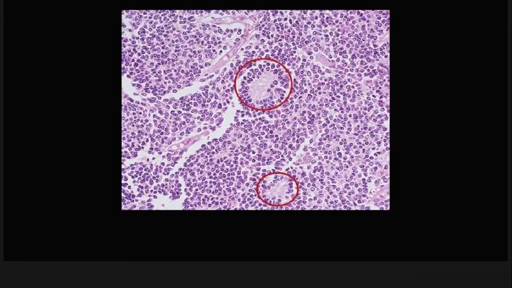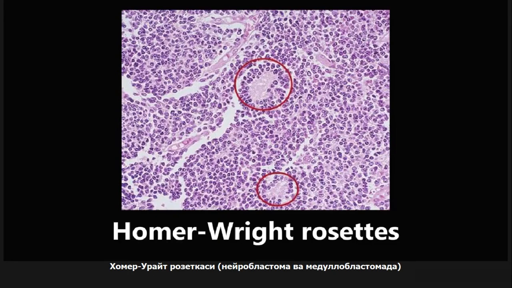This picture is a bit more difficult, but still high yield. It's an example of Homer Wright rosettes. These are circular groupings of dark tumor cells, as we see right here and right here, and it surrounds pale neurofibrils. This is seen in two primary conditions, neuroblastoma and medulloblastoma. So if you see an image like this, those are the two things you want to be thinking about, neuroblastoma